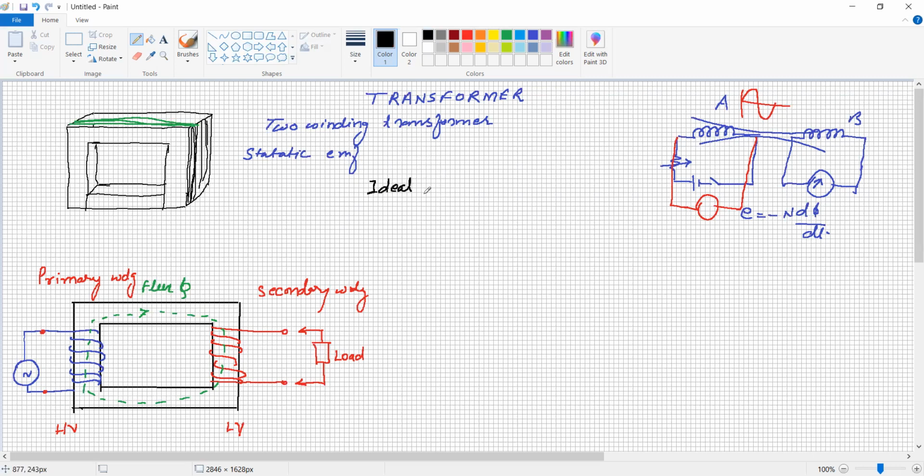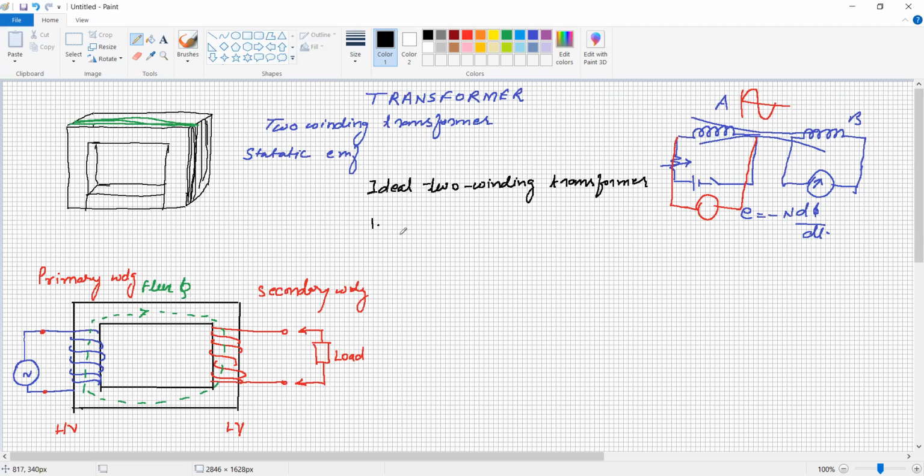This is an assumption for understanding purpose. Ideal two winding transformer means we will make some assumptions, and from these assumptions we try to understand the